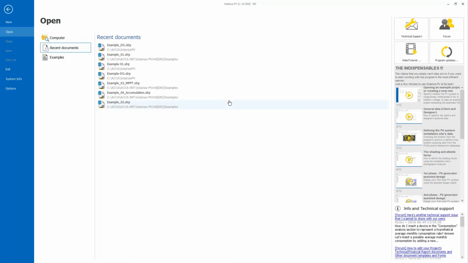Solarius PV is the ACCA software solution that assists PV system designers and installers to correctly size and assess grid-connected photovoltaic systems. With its user-friendly interface and a unique step-by-step assisted design editor, we'll be able to address the various aspects of system design and see how professional Solarius PV can be, covering each design phase starting from site assessments